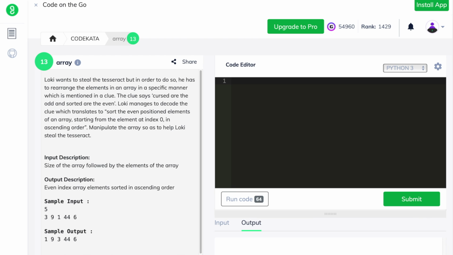This fourth question of this video is a little tricky one. So the storyline of the question goes in this manner: Loki wants to steal the Tesseract, but in order to do so, he has to rearrange the elements in an array, which should be done in a specific manner according to a clue. And the clue states that the cursed are the odd and sorted are the even,